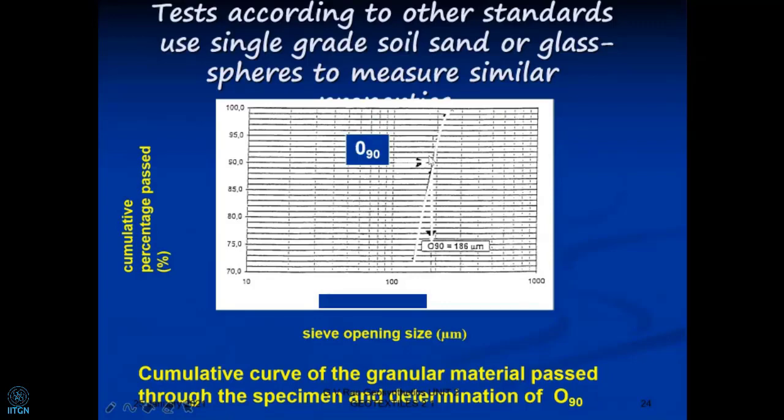So what are we going to get? We are going to get an opening size distribution. In a normal soil test, we get a particle size distribution. That's why it's called reverse sieving. Here we get an opening size distribution, and in a normal soil test, we get a particle size distribution. It's just a reverse phenomenon. In this case, we are using particles of known size and sieving through a geotextile of unknown size openings.